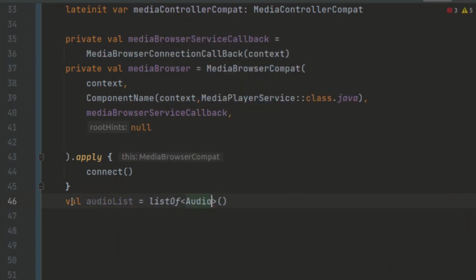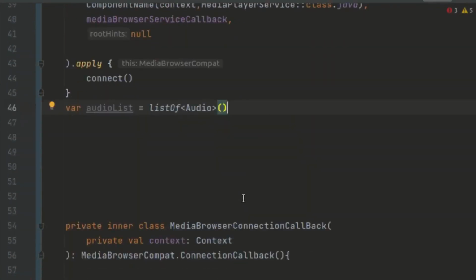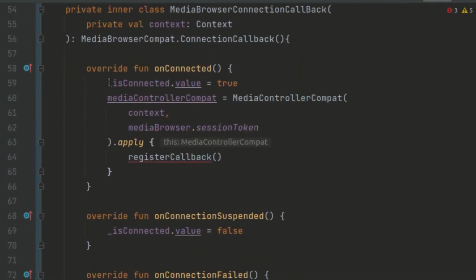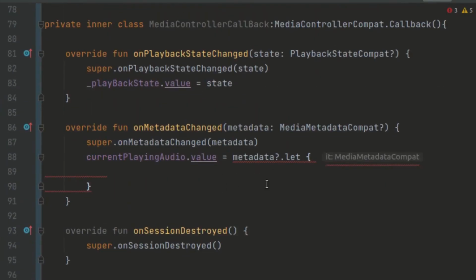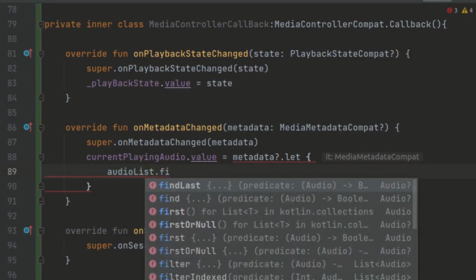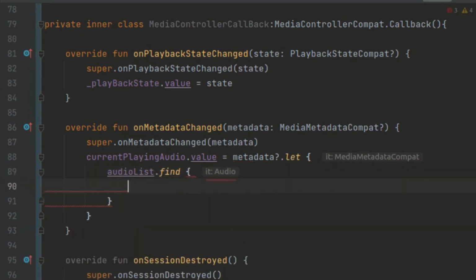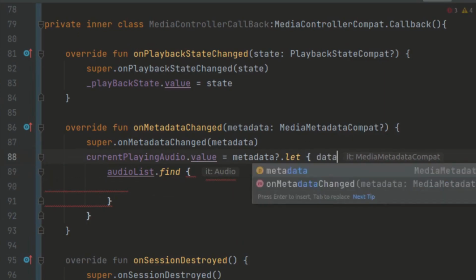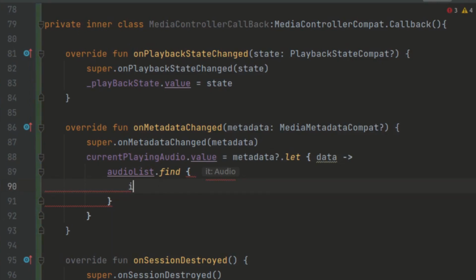Okay, so we are just going to change this audio list at a later time. But for now, we are just going to use our audio list, and we can use a Kotlin find function here, and we can just locate here, and change this, for example, to be data, and we can check the audio